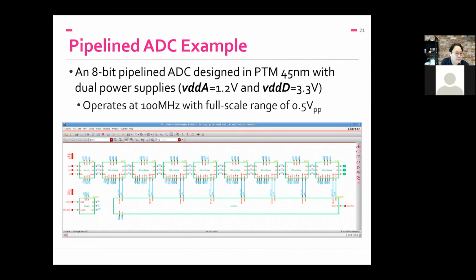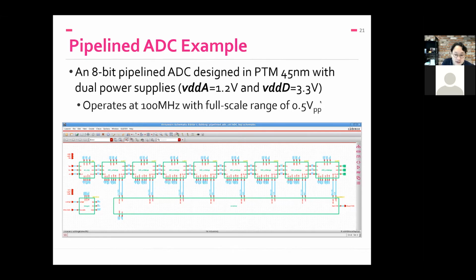Having said that, I'm going to just briefly flash this pipeline ADC example I'm going to use. It's an 8-bit pipeline ADC where each of the stages will quantize 1.5 bits. It's a very simple design. It's good for illustrating our point. And it's designed in some fictional technology, 45 nanometer, and it's to support